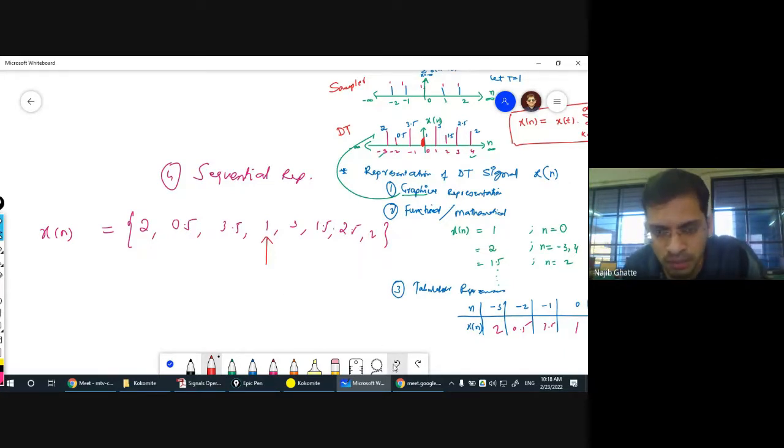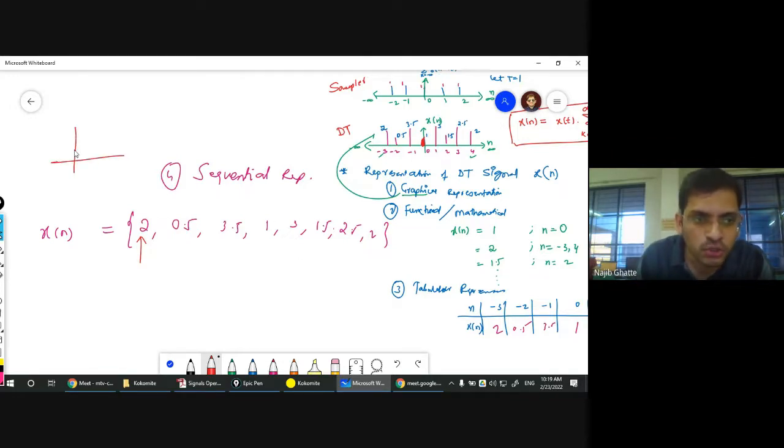Okay. Now, it may happen that the examiner forgets to put the arrow. So what to do? Should I raise a doubt over there? Sir, the arrow is missing. At that time, you have to assume that the arrow is at the starting position of the sample. This means this is purely a right-sided function, with sample values starting from 2.5, 3.5, 1, 3 and so on. This is purely a one-sided function, available only on the right-hand side of the graph. Understood, sir?